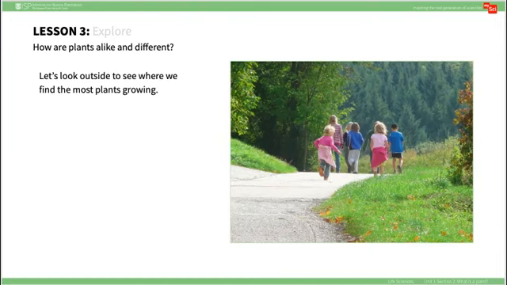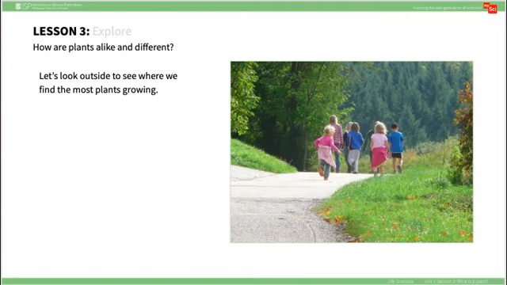In the Explore portion of the lesson, take students on an exploration outside to observe growing plants. Look under rocks or in dry places for examples of plants. Discuss with students how plants in these areas change what they do or their environment to meet their light and